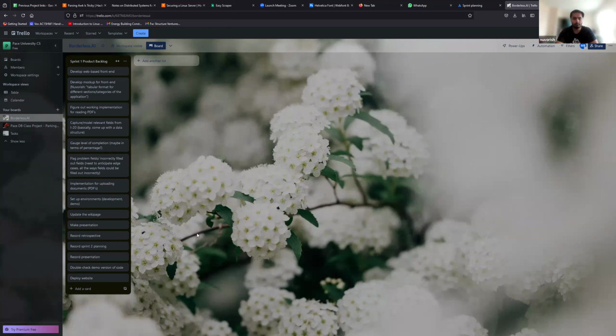Also, for the mock website, are we going to deploy it, or is it just for the main part? What do you mean? Do you want the mock-up front-end web page to be deployed? No, however you decide to do it, I don't know. It's just for us. Okay. We can do it as a localhost or something like that, and then we can put it on a server eventually, or however you all want to do it.